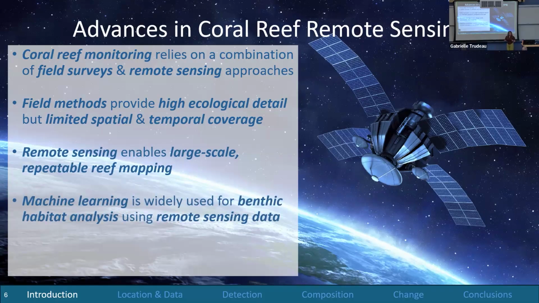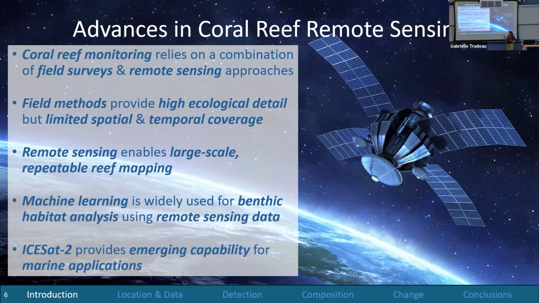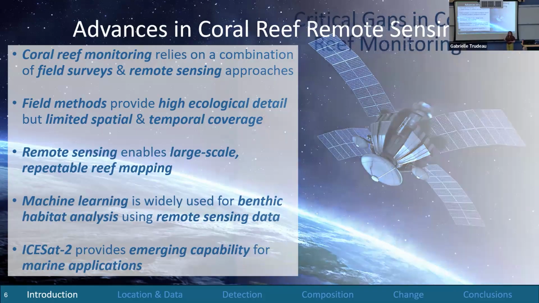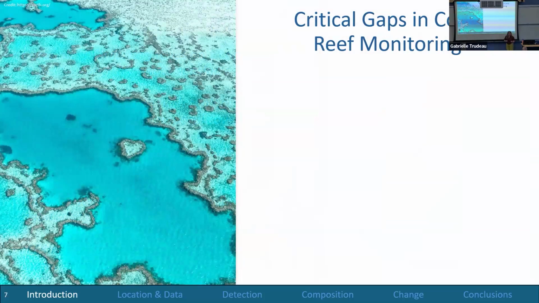And machine learning is a really powerful tool that's starting to be more used to do things like habitat analysis from remote sensing data, for example. And ICESat-2 data, which we'll talk about a little bit later on, is starting to emerge with capabilities of marine science applications.